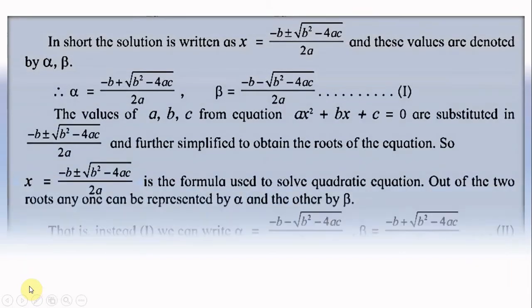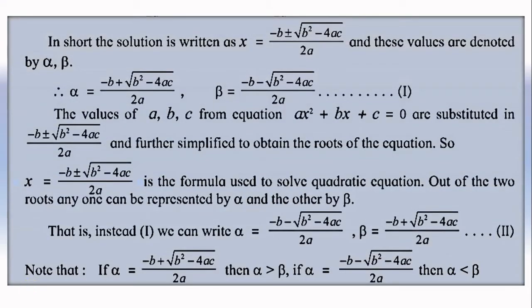Further, your textbook is giving us some idea about how to practically use this and what kind of notation can be used. For your information, I have copied the textbook so that you can look into the textbook again and again and get the idea to use this formula in order to solve a quadratic equation. Normally we use the formula x is equal to minus b plus or minus root of b square minus 4ac upon 2a, and the values are normally denoted by using the letters alpha and beta.